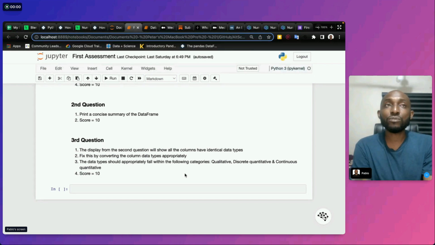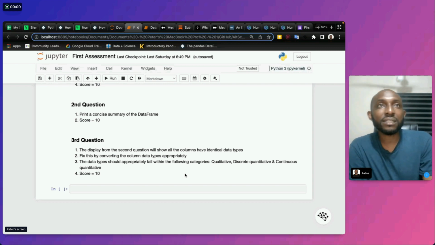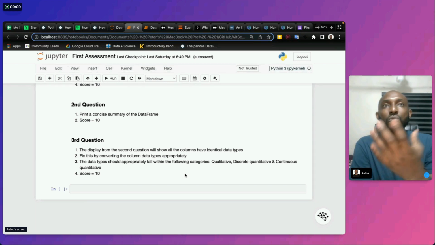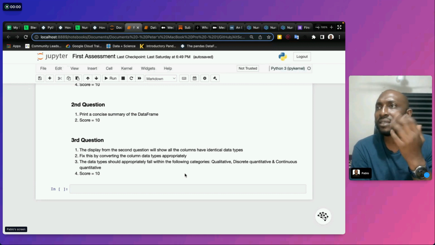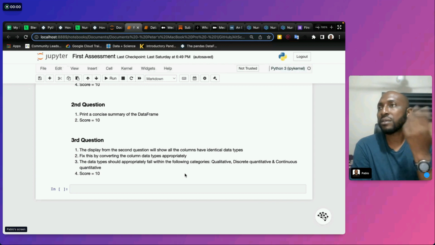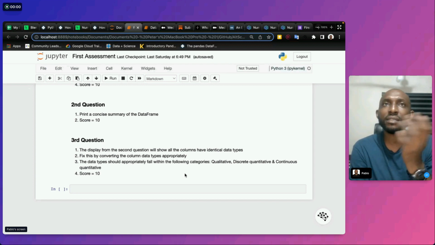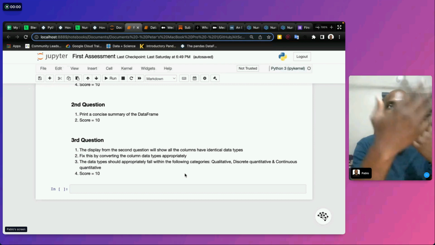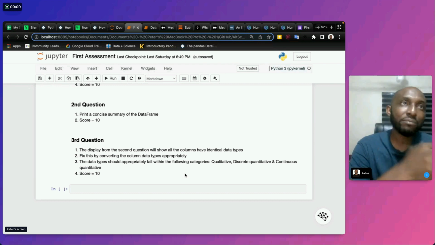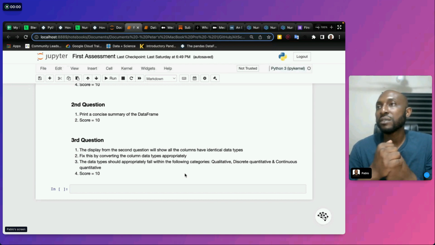Now, what I'm doing is pushing you guys towards the statistics side of things. Once you look at that, you're going to start checking out your data types. I'm not explaining anything, so just check it out. It's basically the same thing that is here: data types should fall within the following categories.